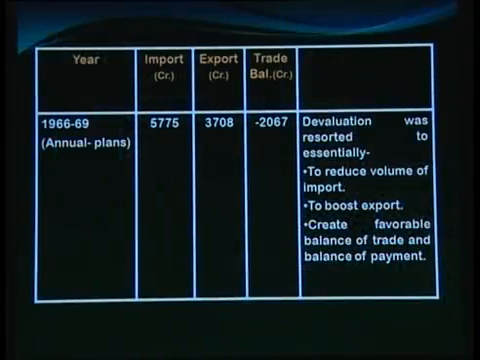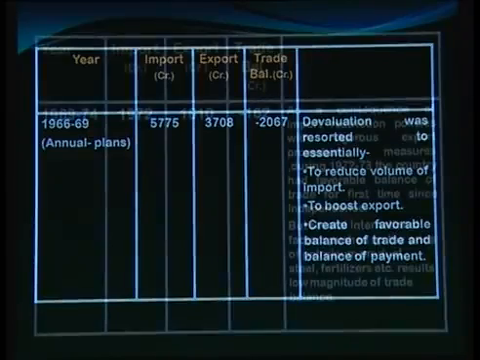Let us evaluate it. Imports were 5775 while exports were on a much lesser side, it was 3708. So, we are again facing a trade deficit of minus 2067. It was on account of devaluation. Devaluation was resorted to essentially to reduce the volume of imports, boost exports, and create a favorable balance of trade and balance